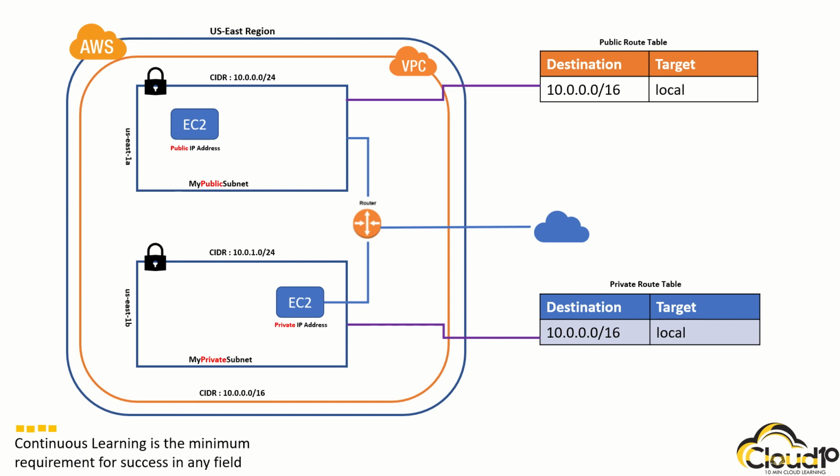So what we are going to do over here is that now we'll have the internet gateway as well. Internet gateway, as you can see, allows any kind of communication to the outside world. That is, the EC2 instance that is there in my public subnet can talk to the internet via the internet gateway, right? So now this is not the only configuration that we need to do. We also have to make an entry in the public route table. That is, we need to associate the internet gateway ID, and this corresponds to anywhere.